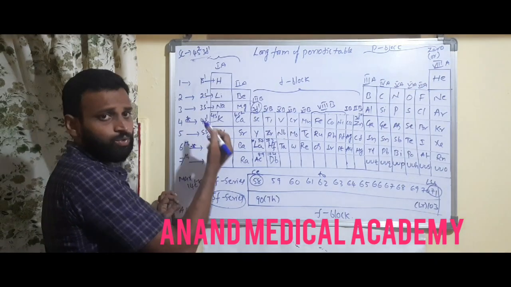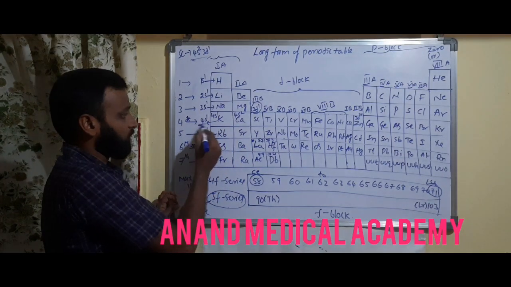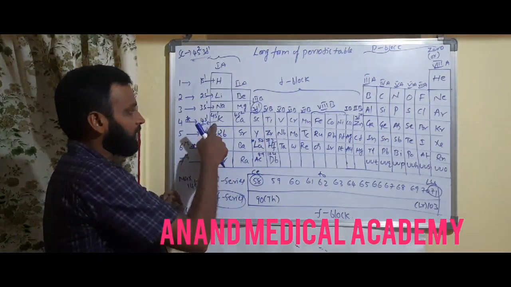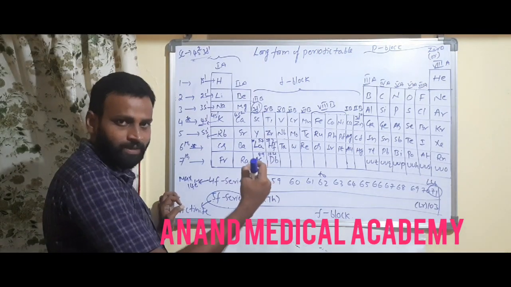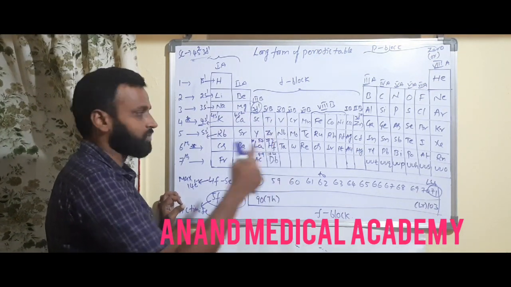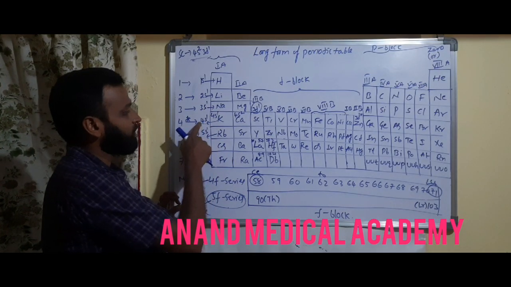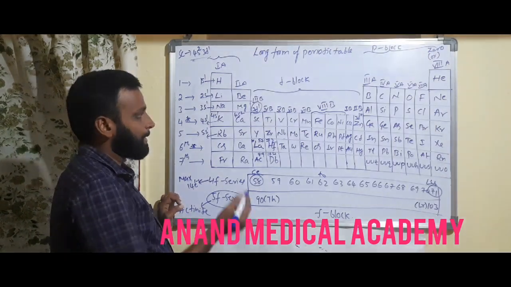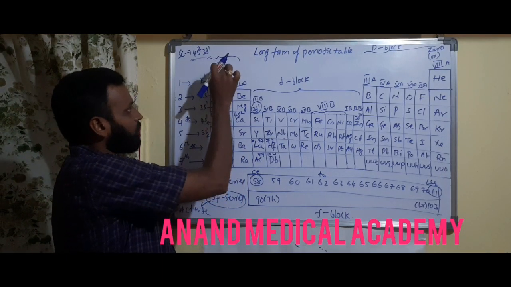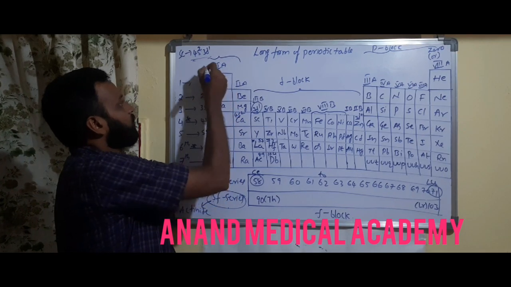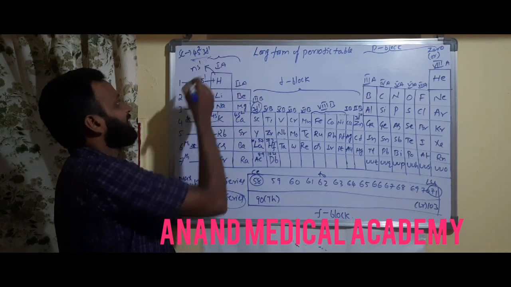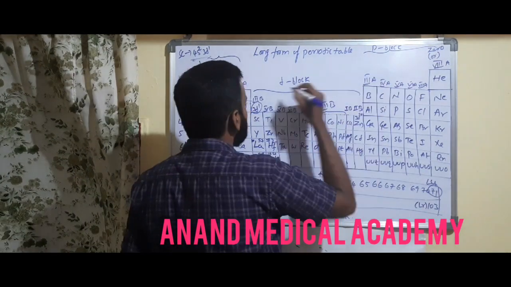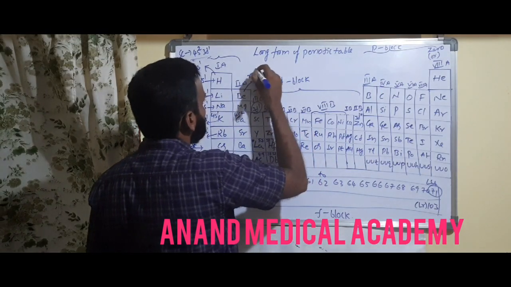Potassium, what we wrote? 1s2, 2s2, 2p6, 3s2, 3p6, 4s1, I told you. Potassium. Slowly I have to say. Potassium 1s2, 2s2, 2p6, 3s2, 3p6, 4s1. Like that. Last shell configuration I told you, which is called valency shell electronic configuration. So 1A group elements like this, 5s1. So 1A group elements general configuration will come as ns1. Like that, 2A group elements configuration will come as ns2 generally.